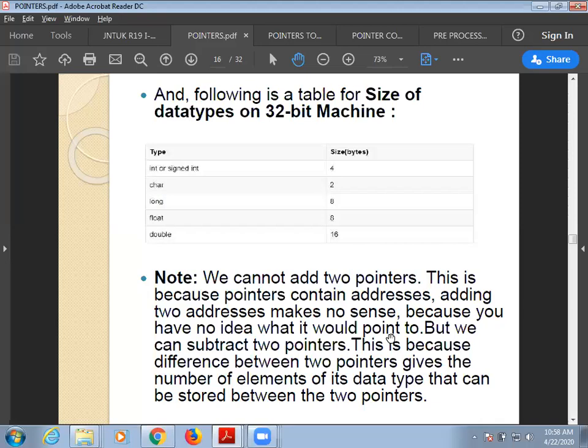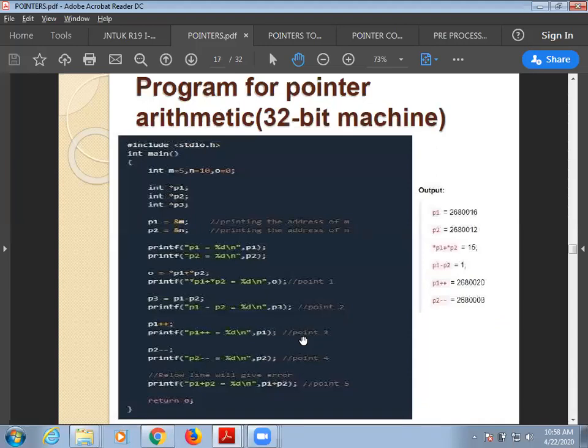So pointer arithmetic is, you can think of it as only two things, that is increment and decrement, and you can use subtraction also. So those three operations can be performed on pointers. No other operation can be performed, and you can assign the pointer, that is p1 is equal to p2. Okay, you can do that particular assignment also. Those three operations you can perform. Okay, if I assign, what will happen?